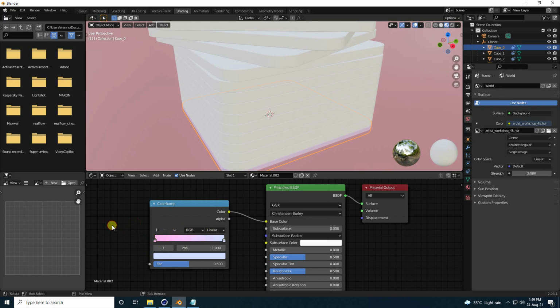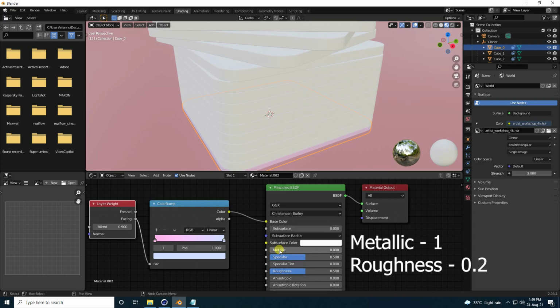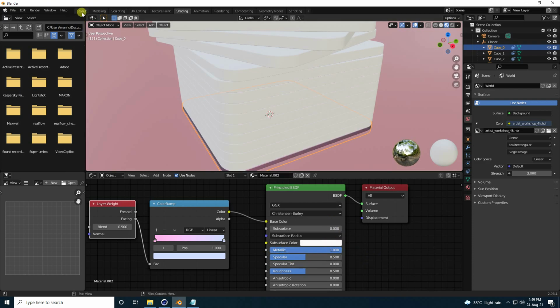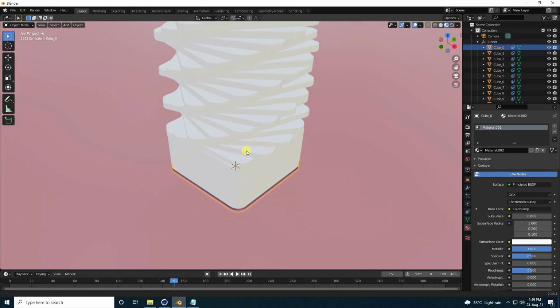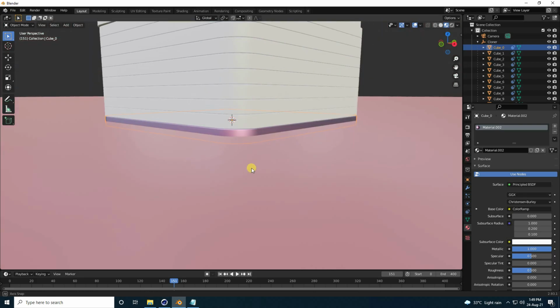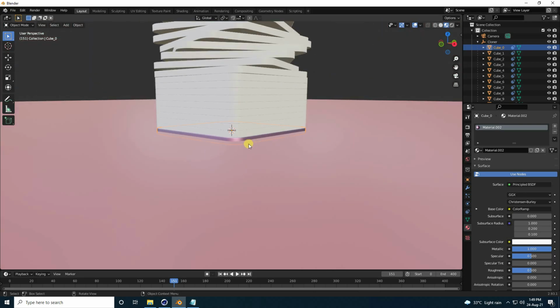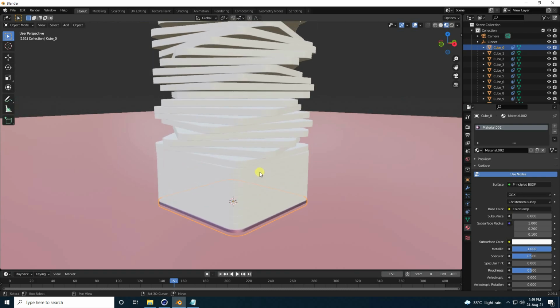Okay, so guys, next one, same, holding Shift key and press A, and this time I like layer weight, this one, and facing connect with face. Yeah, like this. And guys, that's one, metallic I like 1. Yeah, that's it guys. So go to layout. Yeah, and camera uncheck. See guys, that's my material.